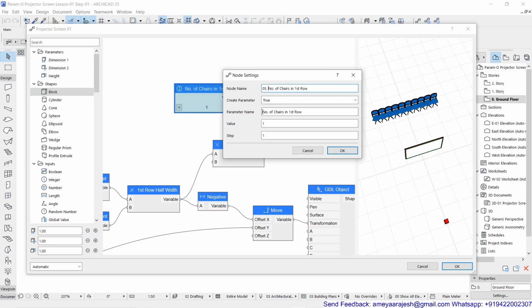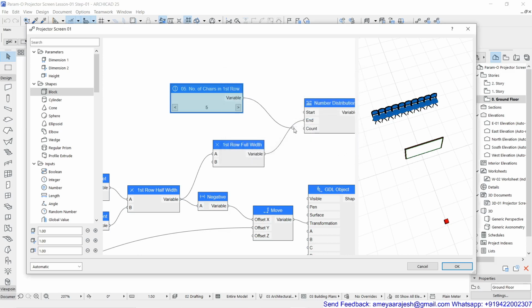So the same thing I should type over here also, because you can see inside the parameter this particular field name, and in my object settings I'll see this as a parameter name. So this is a node name and the parameter name. For the number of chairs, make sure that you don't set the count to 1, because then only one chair will be there. So I'll try to put a value of 5. Increment will obviously be one step, and this value I'm going to push over here.